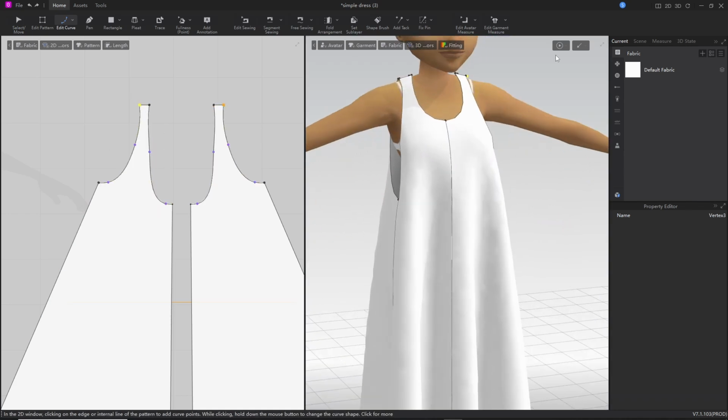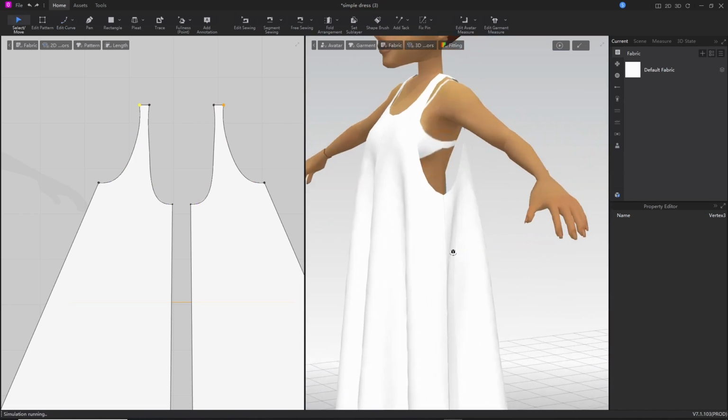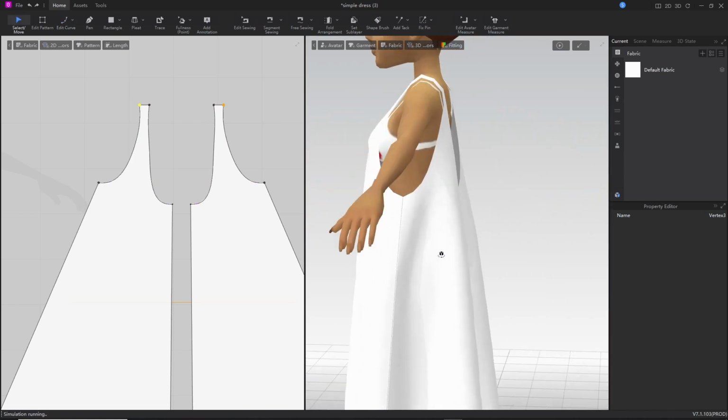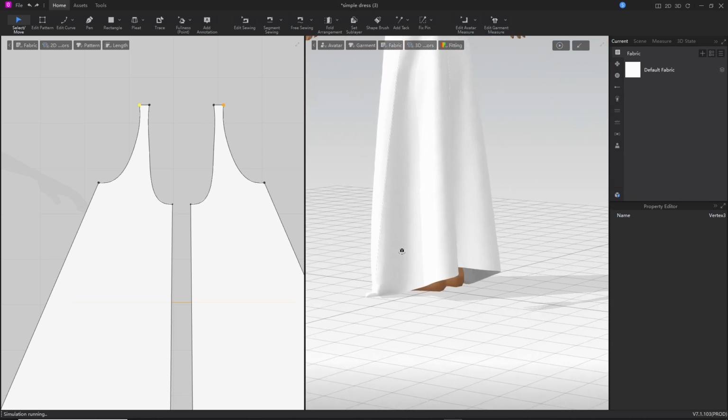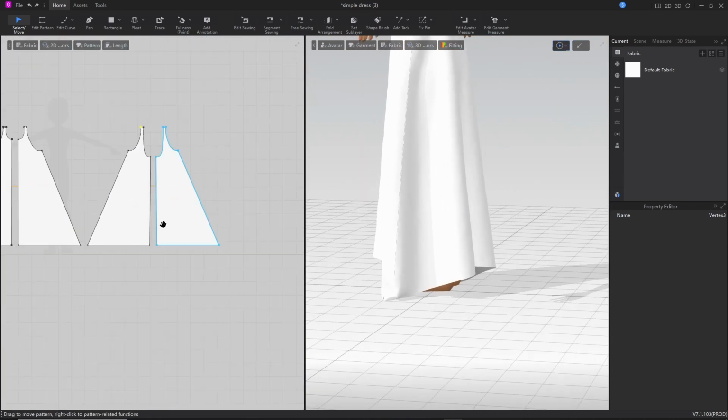And that will be the basic shape of our dress. And then what we could do to make it a little more interesting,